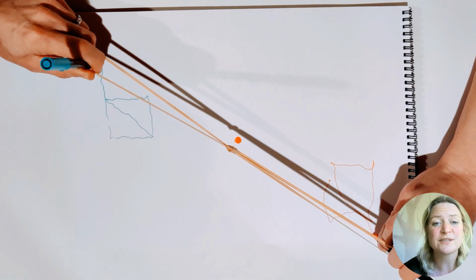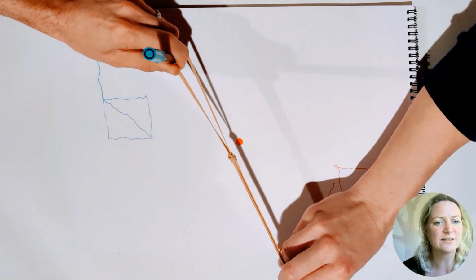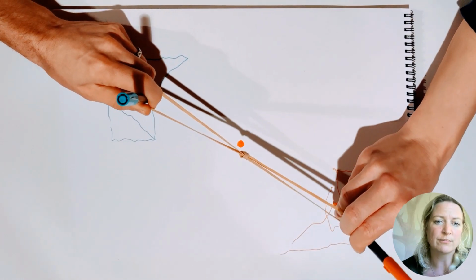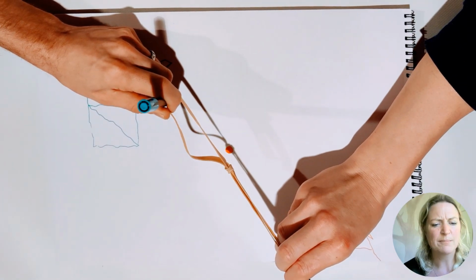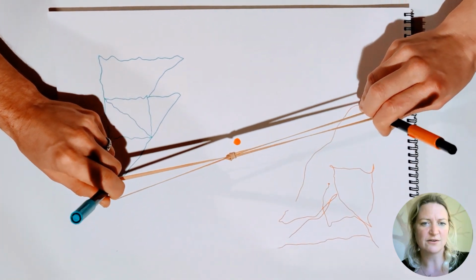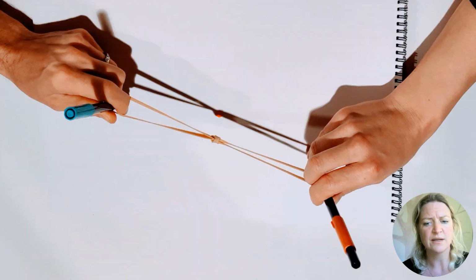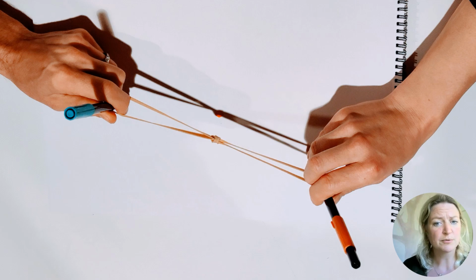Many people who watch this video or do this demonstration for the first time think that the person on the right is trying to recreate the drawing or mirror the drawing in any way, or keep tension in the rubber band. But both of these explanations are not correct. The person on the right has been given a simple instruction: make sure that the knot of the rubber band remains above the dot. So while the person on the left is drawing, the person on the right must make constant movements to keep the knot above the dot. And this is control, trying to maintain a perception in a desired state.